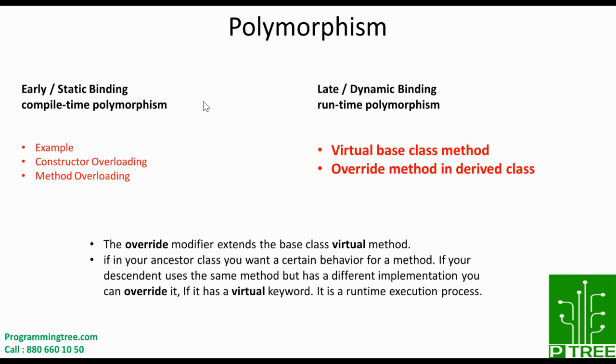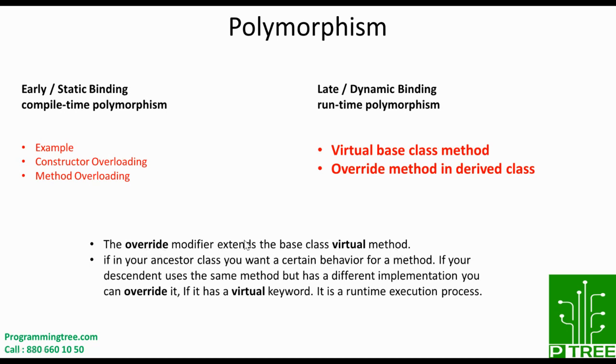Now let's move ahead further with polymorphism and understand the runtime binding. In runtime, dynamic, or late binding, the virtual base class method and the override method in derived classes are used. Let's try to understand the behavior. The override modifier extends the base class virtual method. It means that the base class will have a virtual method and it will be overridden using the override keyword